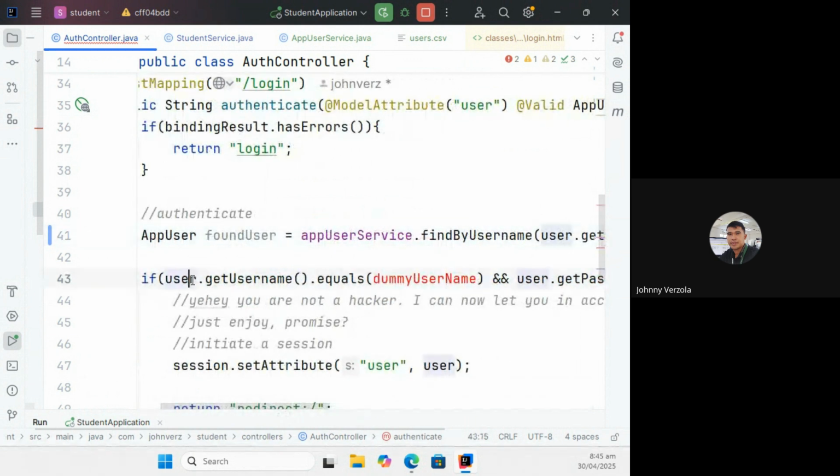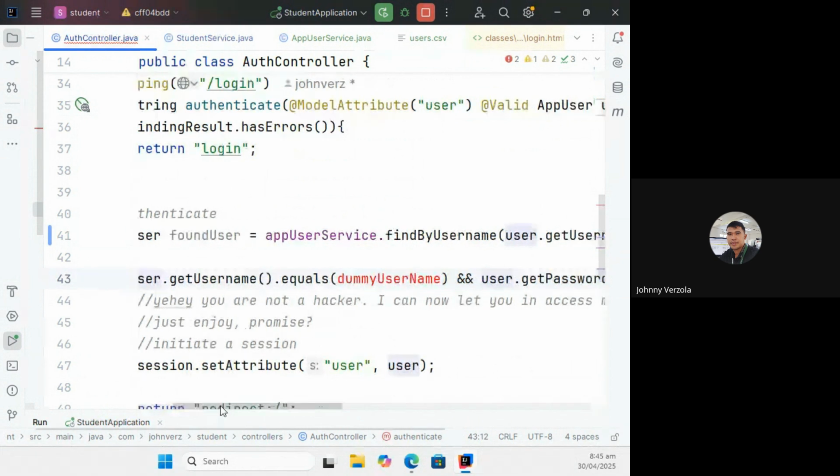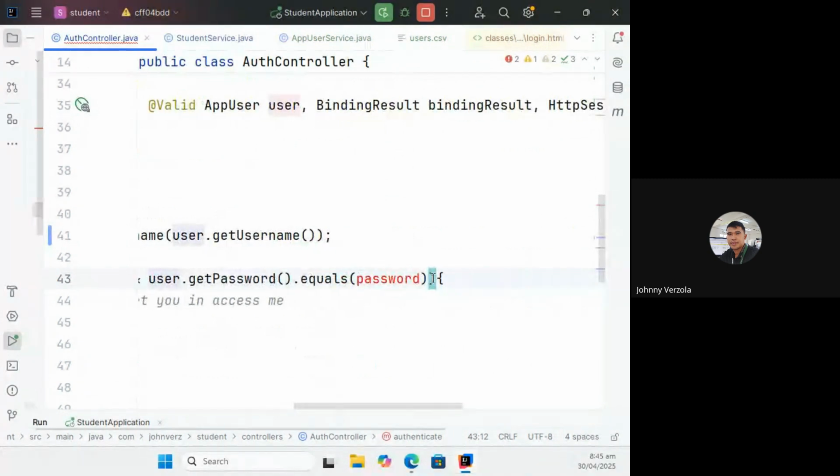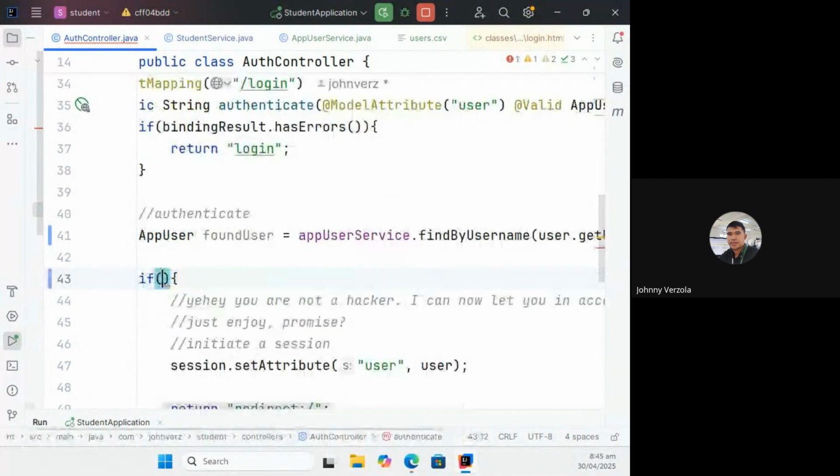If user.get username, we're going to change this because we're going to use an encryptor. We're going to use an object or a class and a method to match encrypted data.